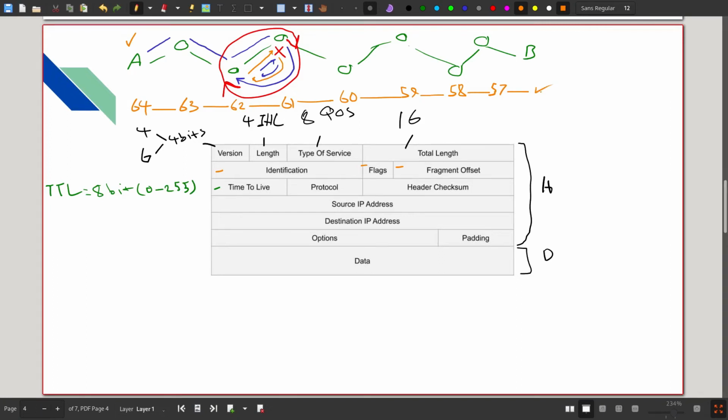And here the destination B will get a packet with TTL 57. Okay, in this case everything is working fine and everything was okay. So let's go back to our issue with this example. What will happen here? Okay, imagine I have